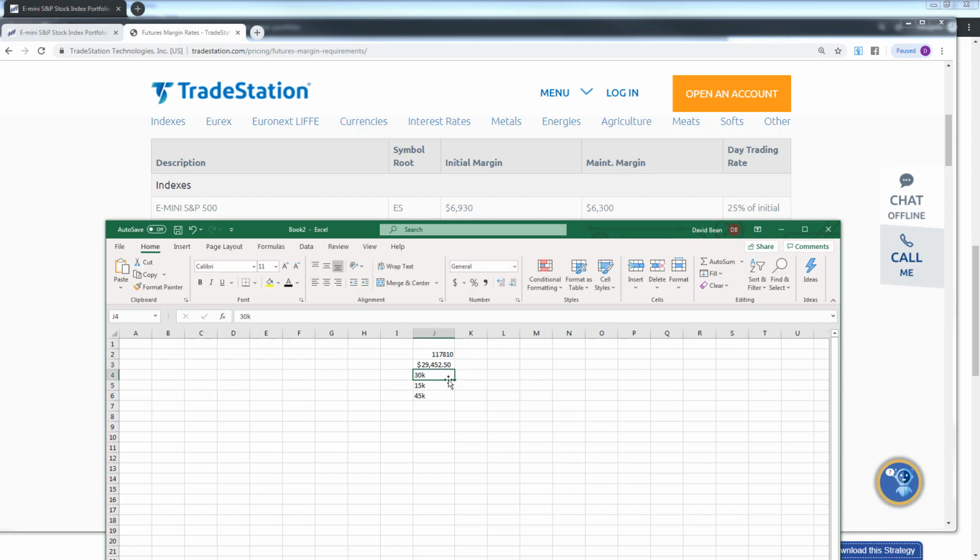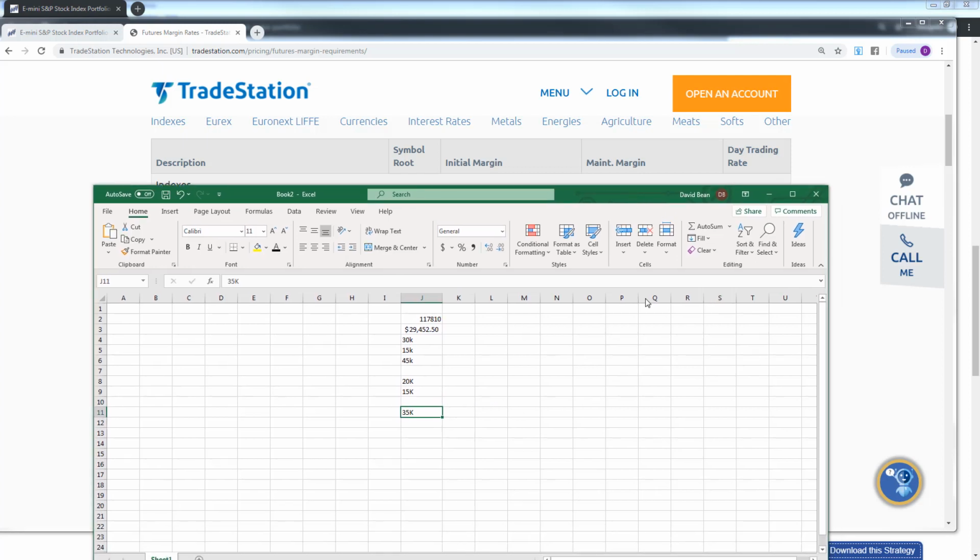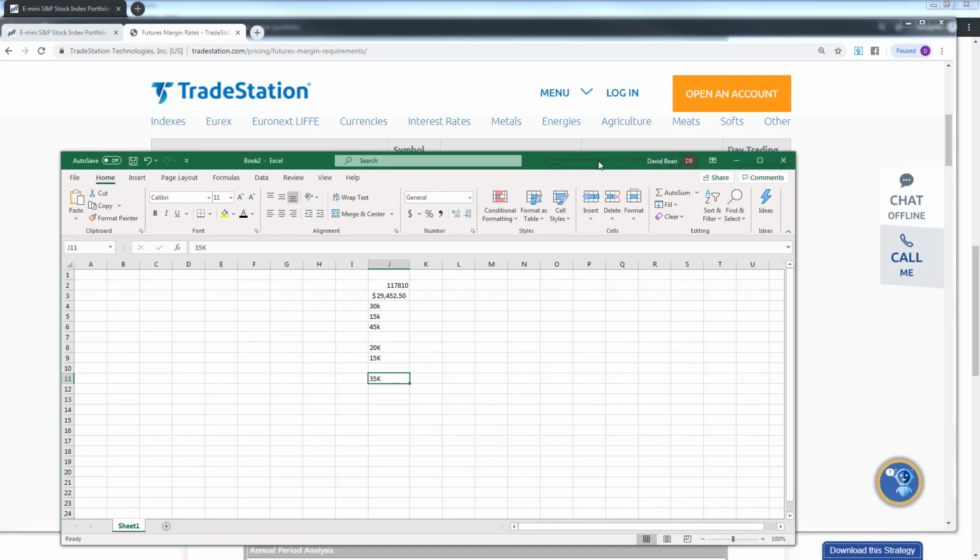So if you were aggressive, you could say 20K and then a 15K worst case drawdown. So if you're aggressive, you could trade the E-mini stock index portfolio with 35K per contract. That's very, very aggressive. And overall, the stock index portfolio, you could make some of the same margin requirements. Now that you know that you could trade this potentially with 35K per E-mini